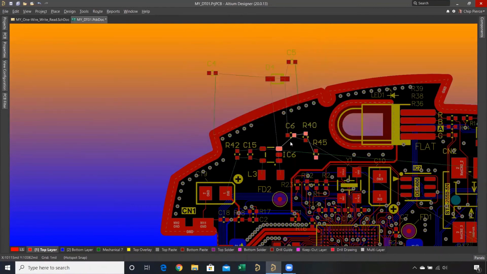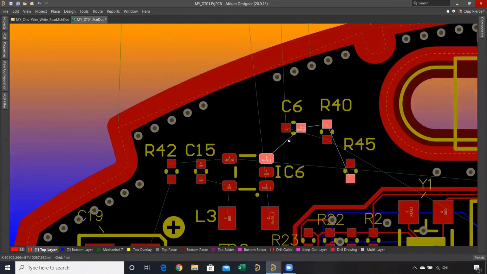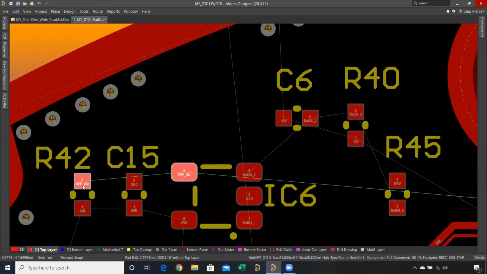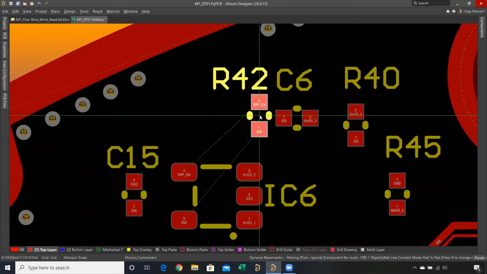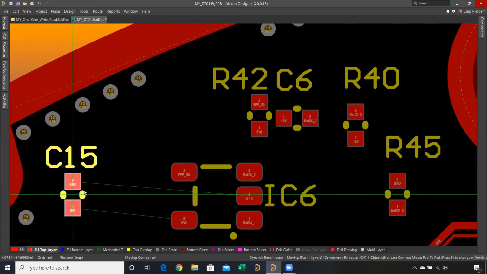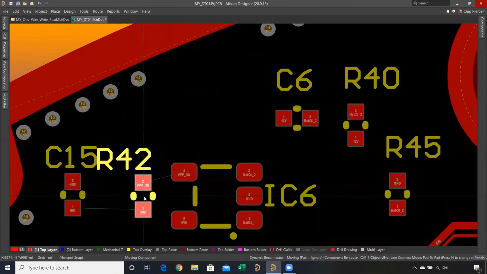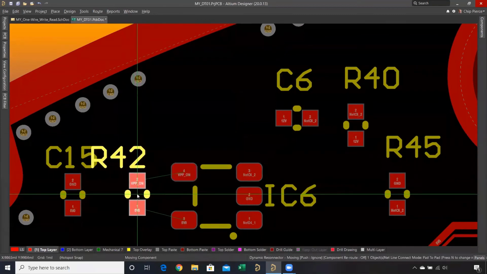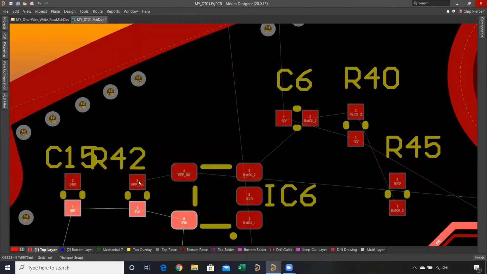All right, and this is just a little bit of preliminary component placement. You see that? Let's take a look here. I can see this net VPP on. It would be even easier to route if R42 was over here. Watch this. If I bring R42 here, that's a shorter route. So I'm just going to grab that guy right about there, and that 5-volt connection